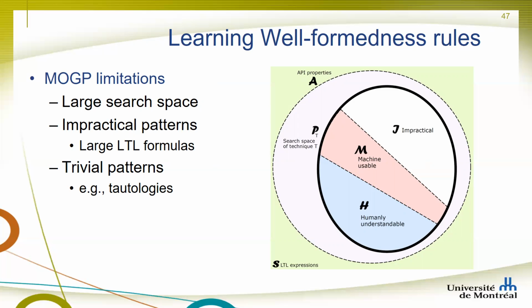If we want to validate with humans, we have to limit ourselves to this. If we are confident that we want to automate it, we can take the machine usable one. And the impractical space could be very large, but it could contain trivial patterns, tautologies, or something that is always true. So we have to